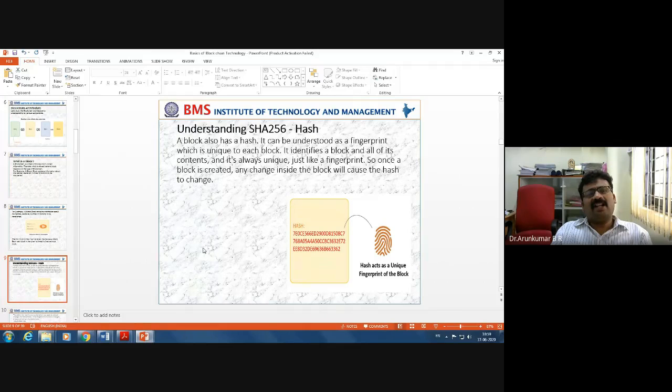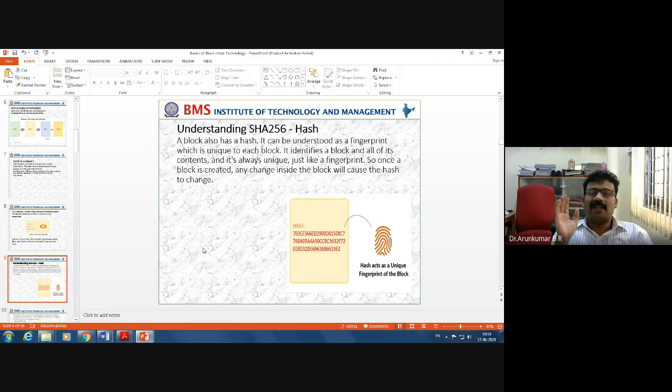Now, the understanding of SHA-256 hash. So hash is used here. A block also has a hash.